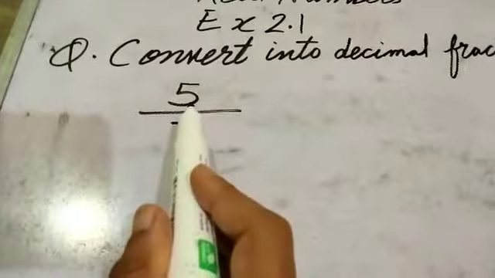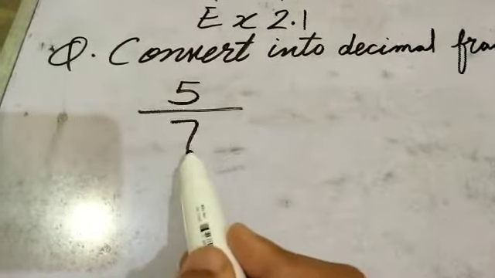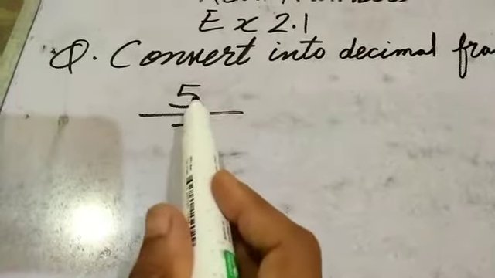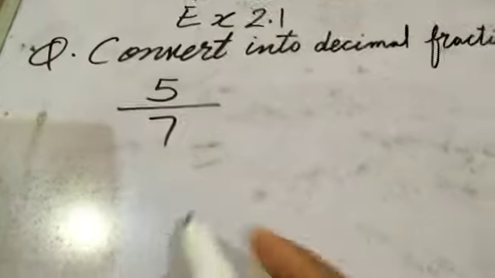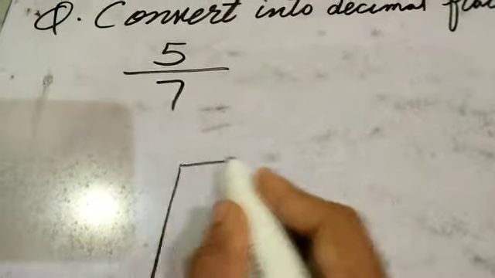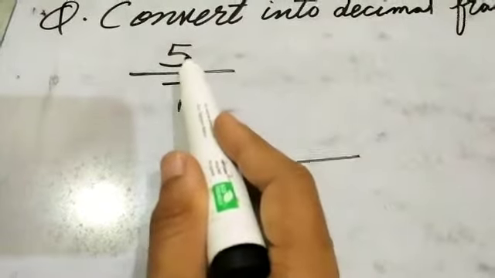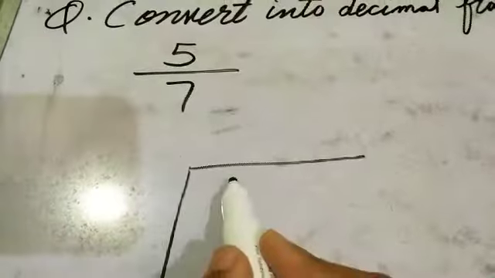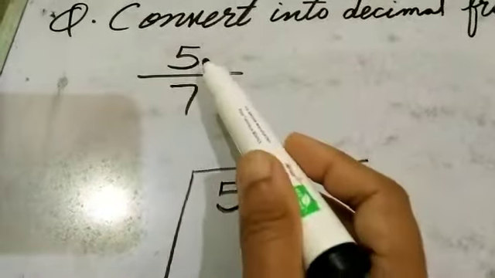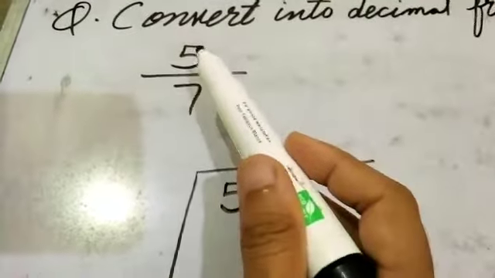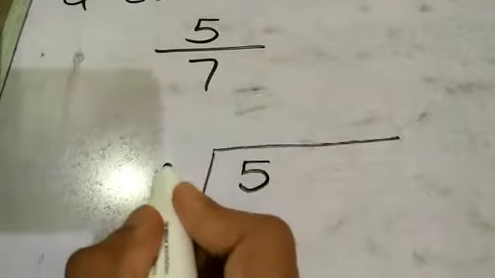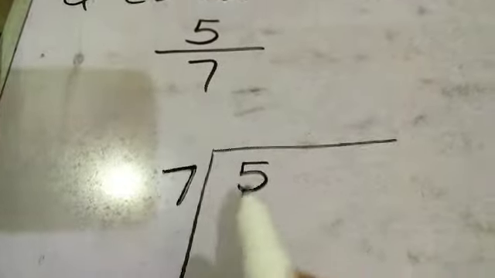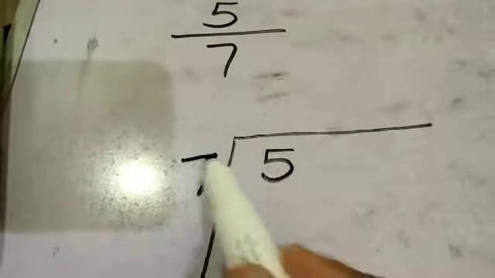We know that for division we always put the bigger value inside the hut and the smaller value is used as a divisor. But for decimal fractions, firstly we have to draw the hut and write the numerator inside the hut, either it is small or big. It's very important: write your numerator inside the hut and use the denominator as a divisor. Now you need to read the times table of 7.